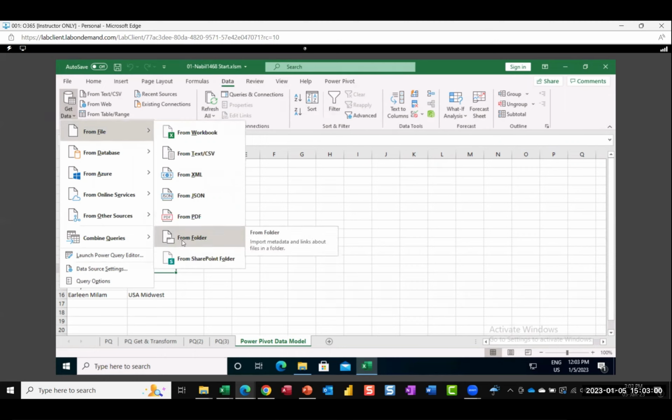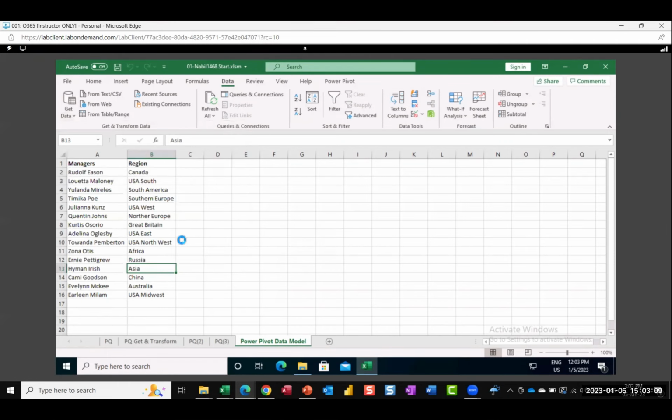Get Data from File, from Folder. I select from Folder,